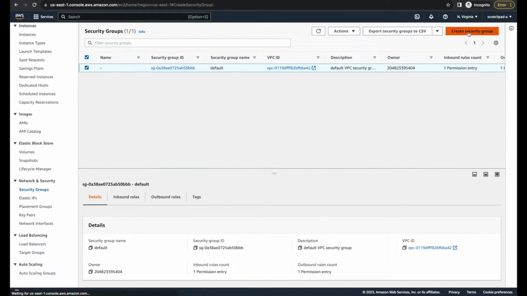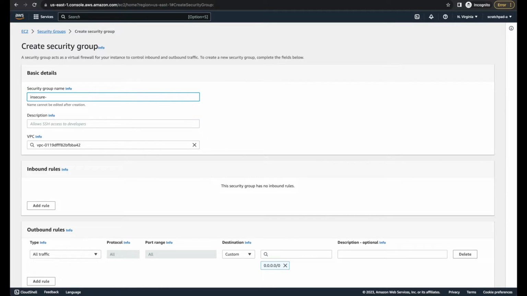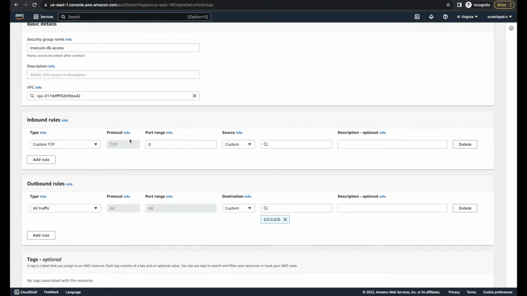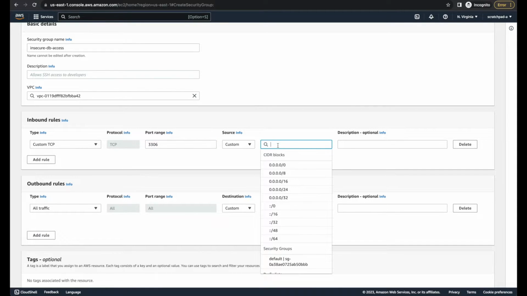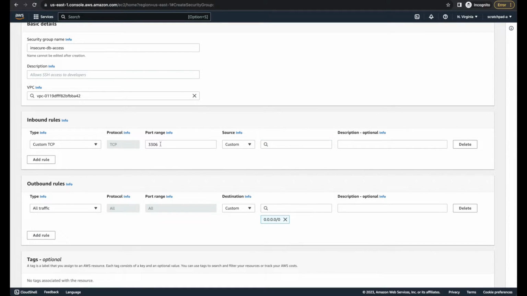So security groups, and I'm going to create a insecure DB access. In the inbound rule, I'm going to add port 3306, which is the port for MySQL DB. And in the source range, I will enter any public IP address to demonstrate this. So the idea is that databases are generally private resources. They should not be accessed by public IP addresses, and we want the firewall manager to detect that insecure or